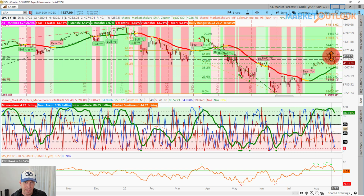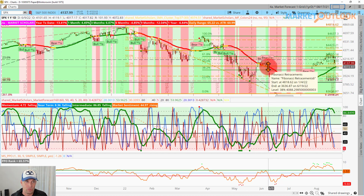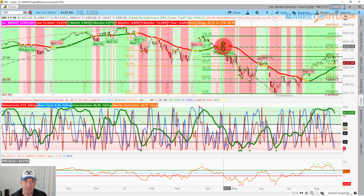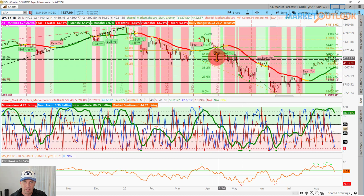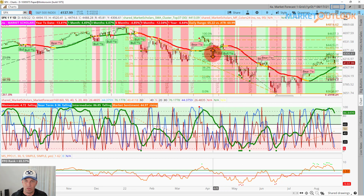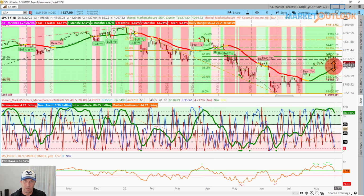And as of today, the odds of that fake out have just risen significantly. Not to 100%, because today might just be a one-day phenomenon. We might fill in today's gap tomorrow. But if we follow through on today's move like we did on some of these other days, like June the 9th that we talked about over here, or this other move, was it April or March, when we got that significant change in the hull, right? If we get those similar kinds of follow-throughs, then you can see we're going to be back below that resistance,